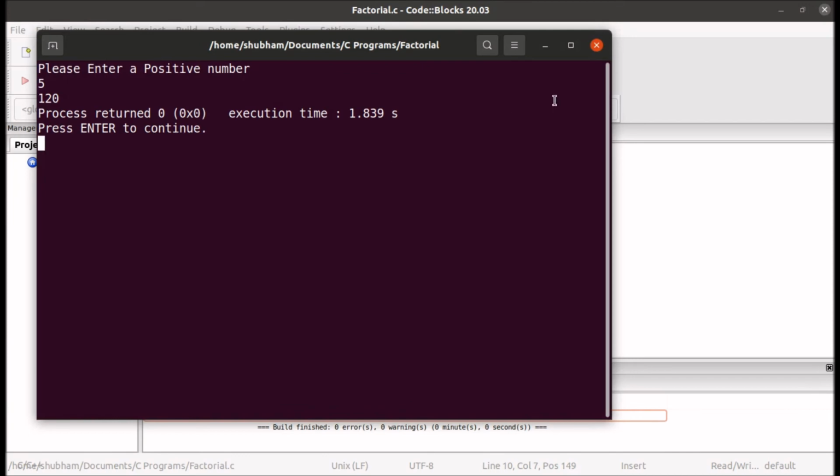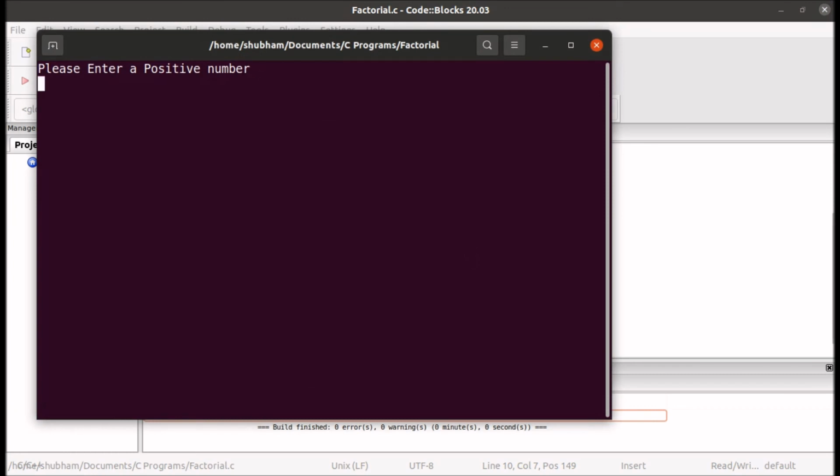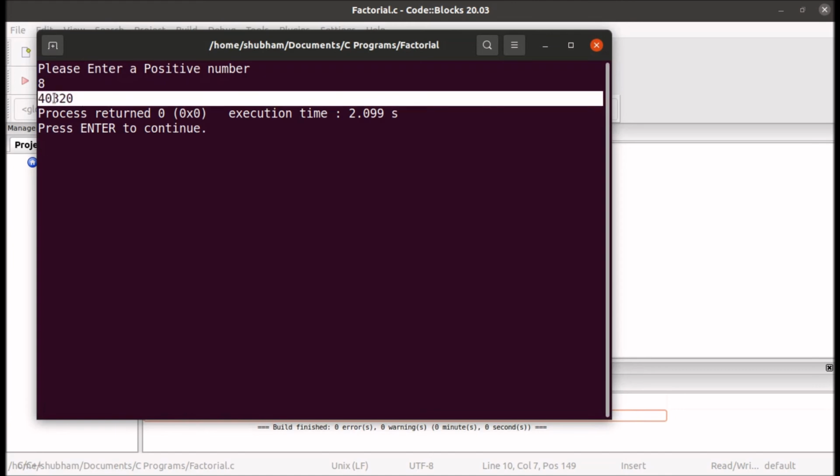Let's run it by giving some other inputs. Factorial of 8 is 40320. Let me check is the factorial correct or not. So let's calculate factorial of 6 first.